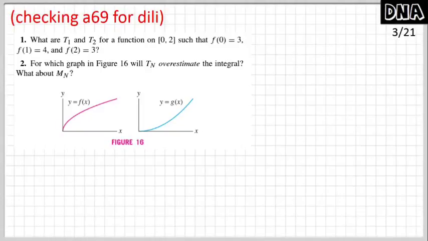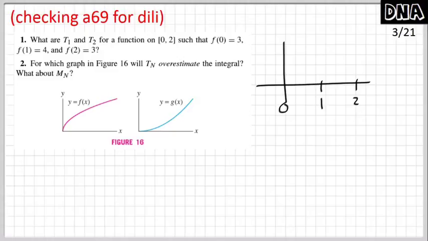Alright, so this first one says capital T of 1. That means there's going to be one trapezoid, one trapezoid for this function that I don't know what it looks like. So we know that we go from 0 to 2. We have a 1 in the middle. It says it wants one